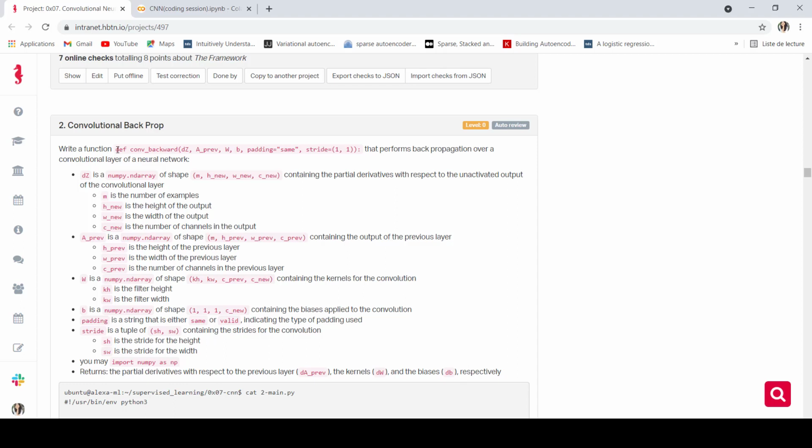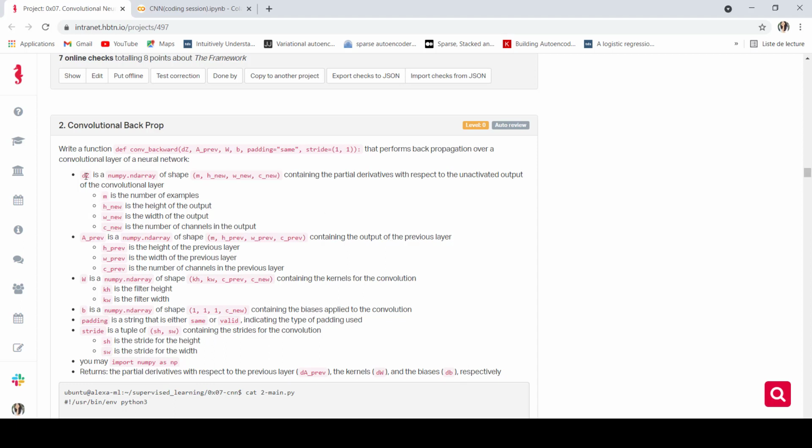So here we are going to create a function that will perform a back propagation over a convolution layer of a neural network. Here we have already the derivation of Z, which is the partial derivatives with respect to the unactivated output of the convolution layer.